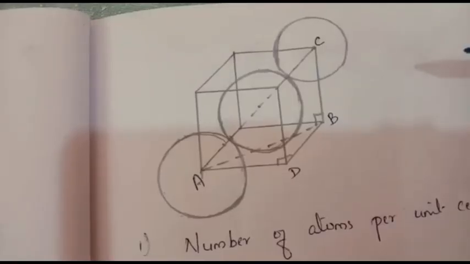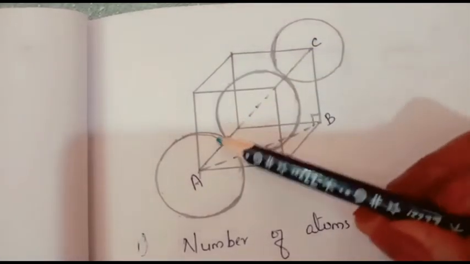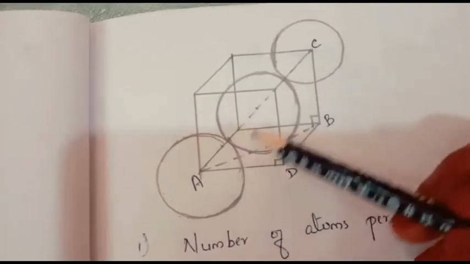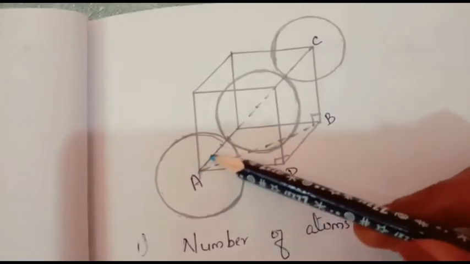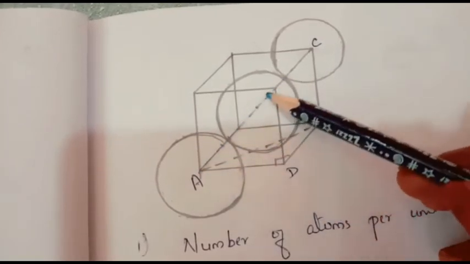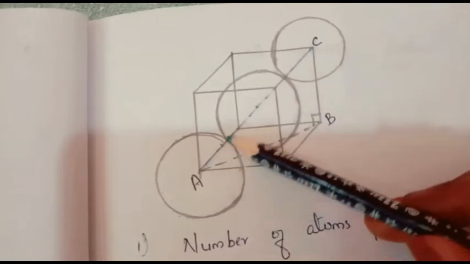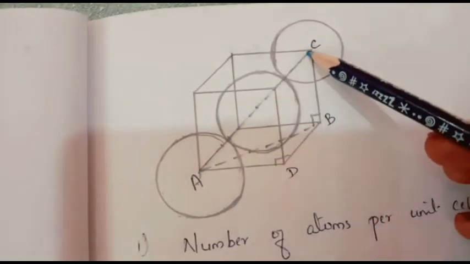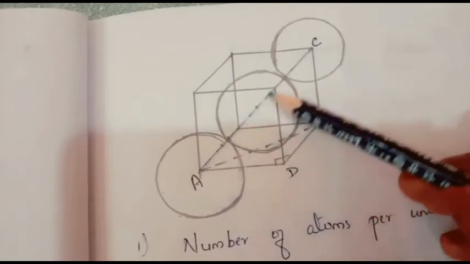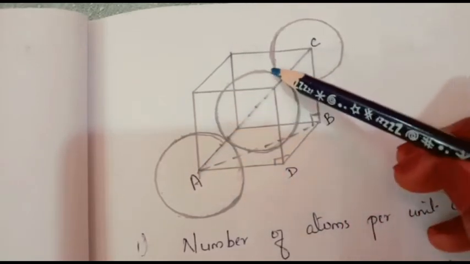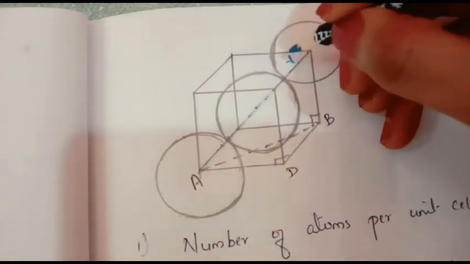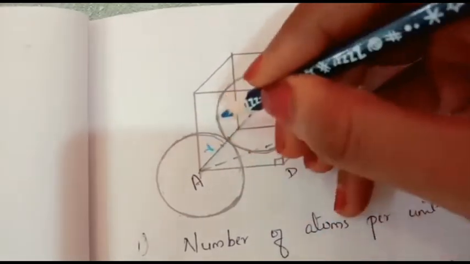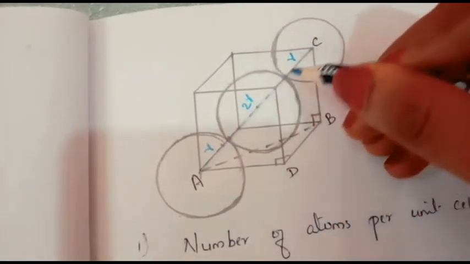Now we will determine the atomic radius and edge length of the body-centered cube. Here we know in a cube, this is the atom inside the cube. So we are drawing a straight line connecting all these atoms together. That will be like AC. So this line goes through the inside of the cube. That means this AC is known as the body diagonal because it is inside the body. So here one body center atom is there. So this diagonal is the body diagonal. The value of this one is R, this is 2R and this is R. So what is the body diagonal? The body diagonal is total 4R.